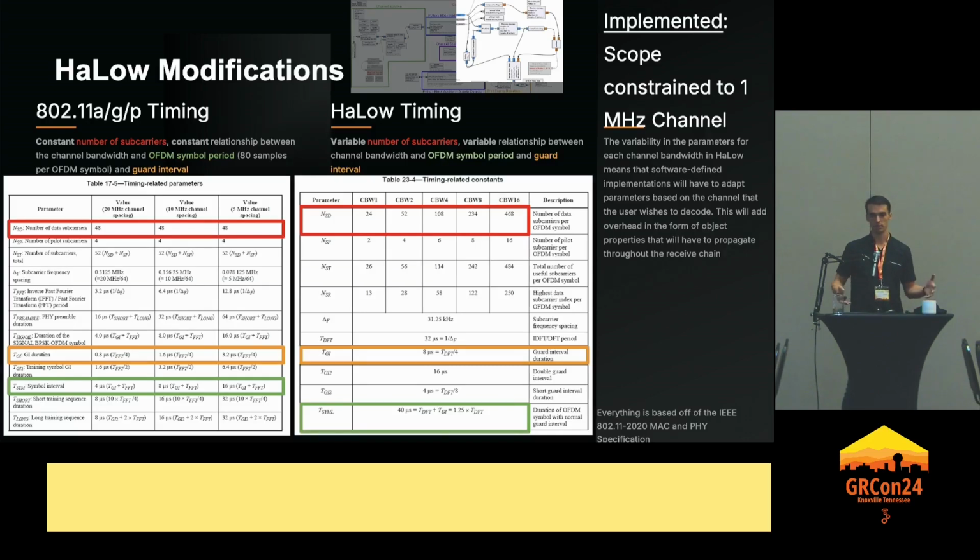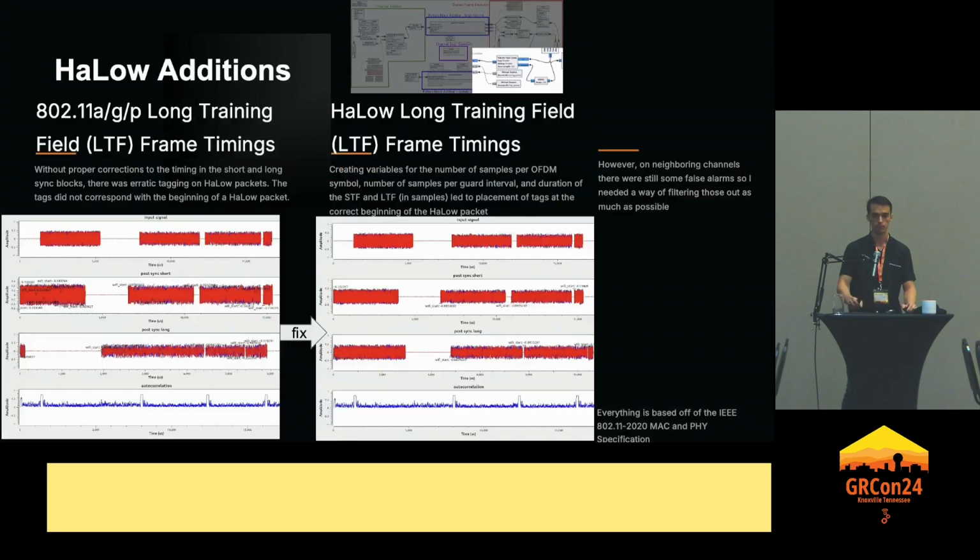But for my scanner, I just focused on the 1 megahertz channel for now, kind of set the stage for that object-oriented approach, but I really wanted to get the full thing working with 1 megahertz, so I didn't see much value in trying to get all the channels working if I wasn't sure the whole implementation was going to work right away. So this is the result of that fix.